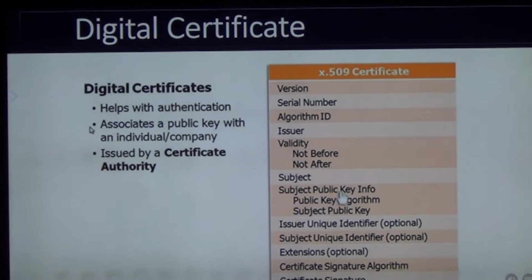So there is a validity. Subject is public key information. Here the certification authority puts your public key. So this is your public key. Okay, he puts a unique identifier, the subject unique identifier. इसका भी hash लेके डाला हुआ है. But this is important: then he signs it, the certificate signature. So he signs it with his private key. So this signature is important.